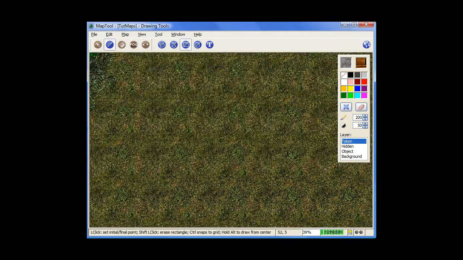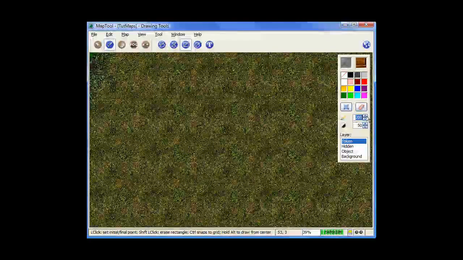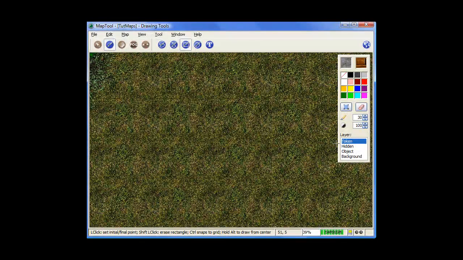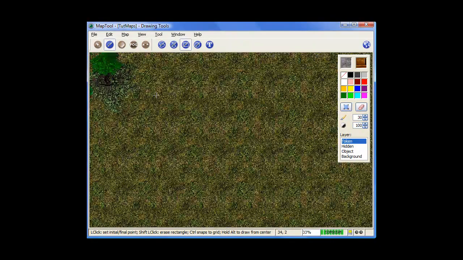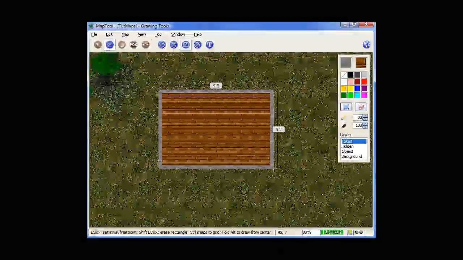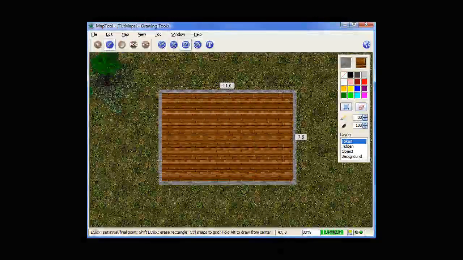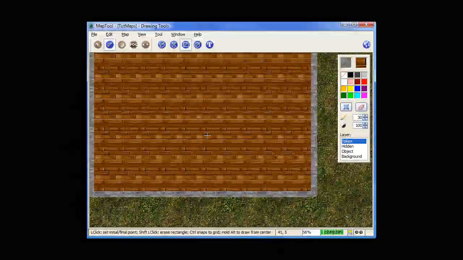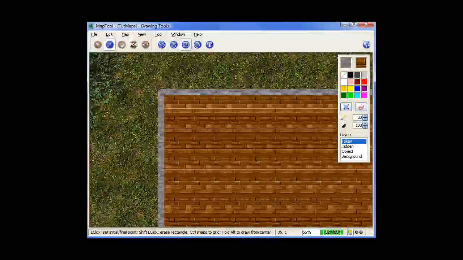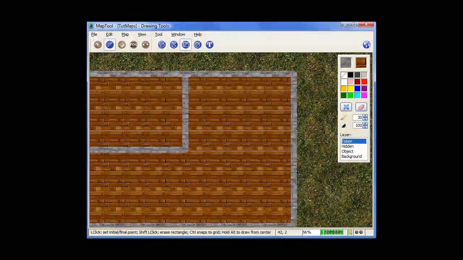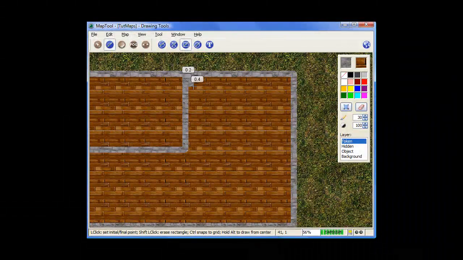Now, how thick do you want your walls? Everyone's preference is a little bit different. For this map, I'll say 30 pixels and see how that works out. Don't forget to change the opacity back to 100. So, a quick house. Now, using the square you draw, and you see you have your stone wall and your wooden flooring. Now, to make some of the rooms in there, you can quickly just go like this. Maybe another room right here,